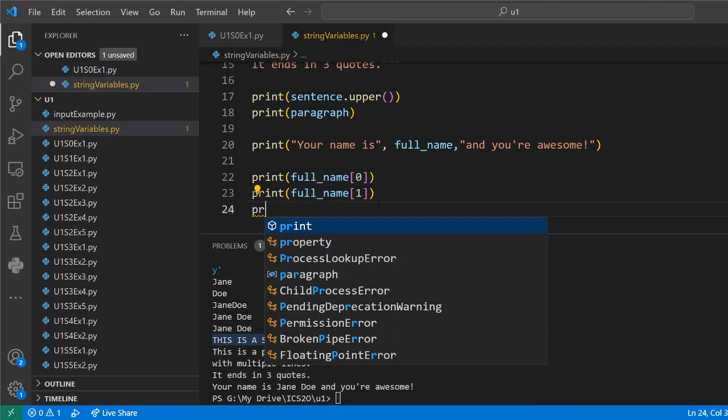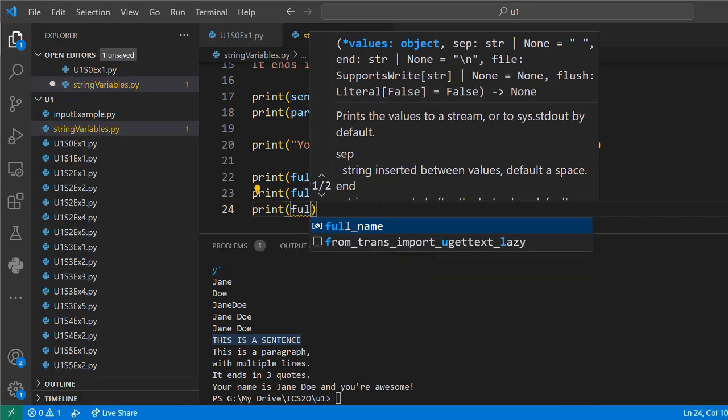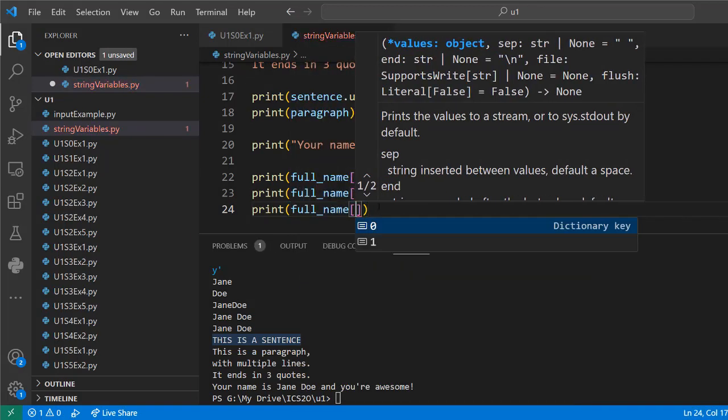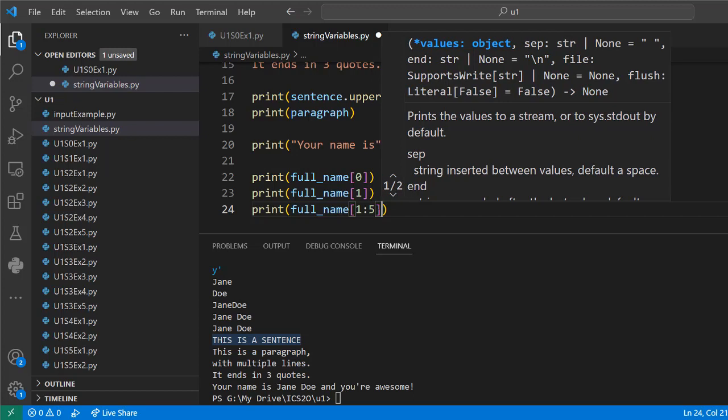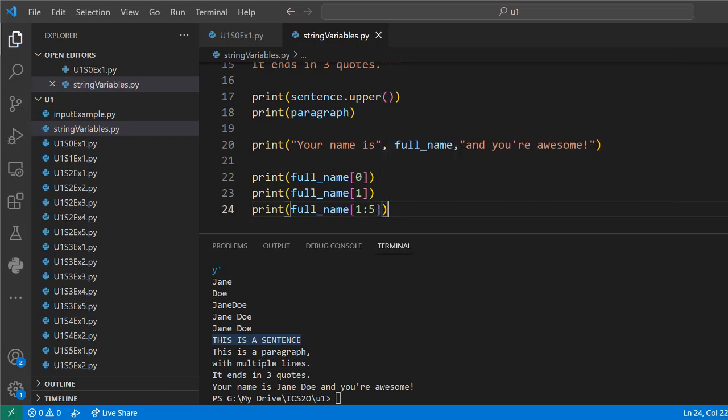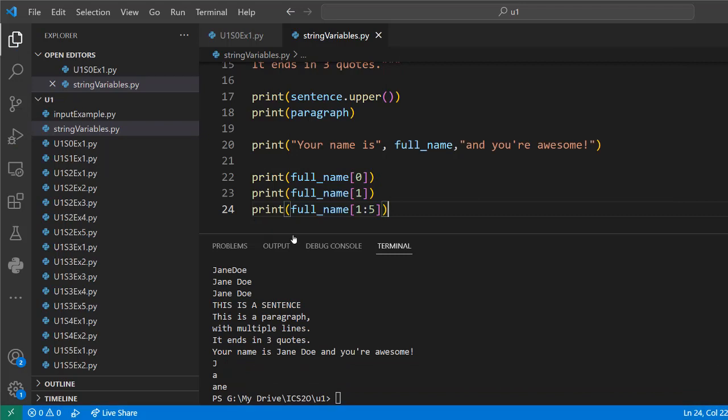If I want to print a range of characters, so if I want to start at maybe the second character and go up to, but not including the 5th character, I would do 1 to 5. So I press save and then run. So because it's Jane and it ends on a space, it actually prints a space here. As I highlight it, you can see there's also more spaces over here. So I guess that doesn't really help us. Maybe I should include one more just to make it easier for us to see. There we go. Jane or Ain D. So now